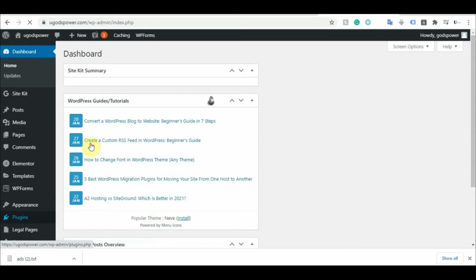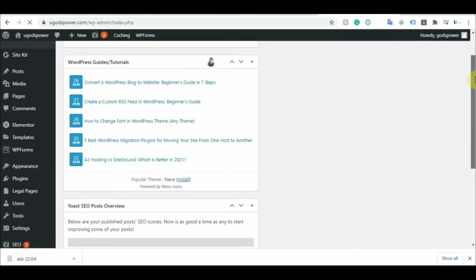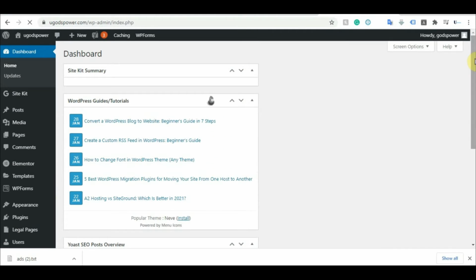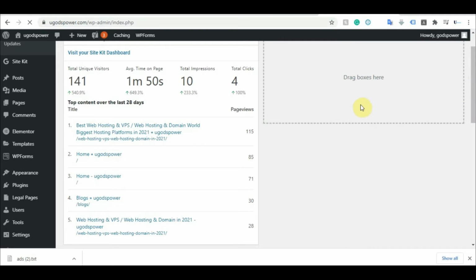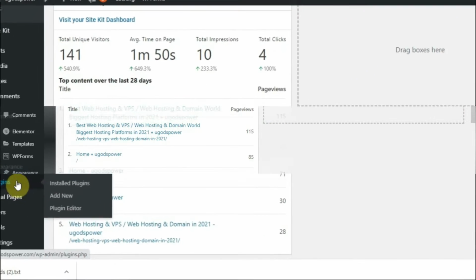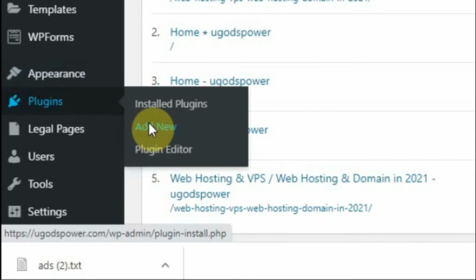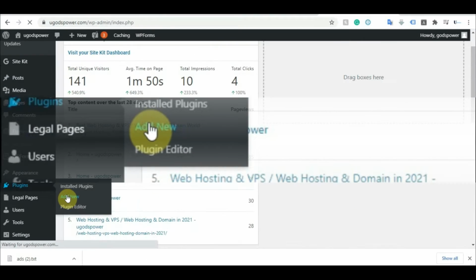Let us wait for everything to open properly. Once it opens, we click on Plugins, Add New.